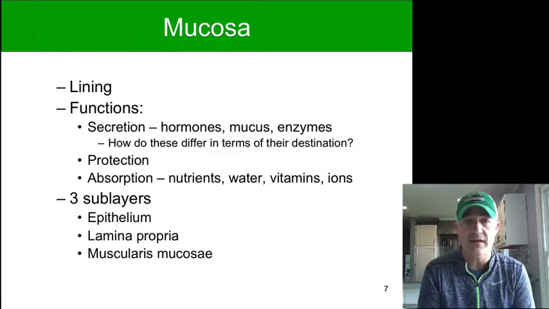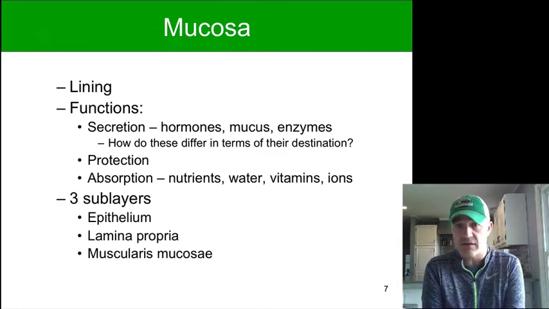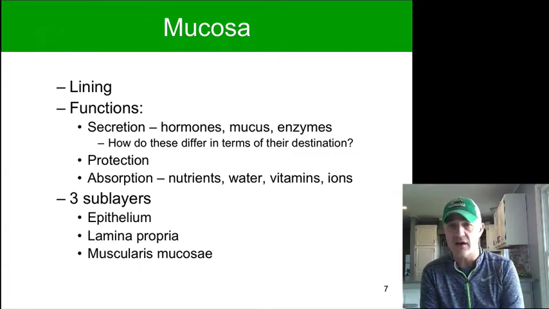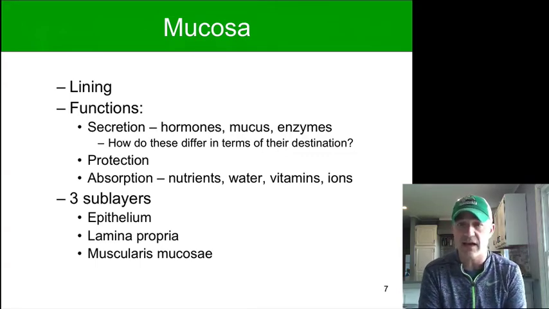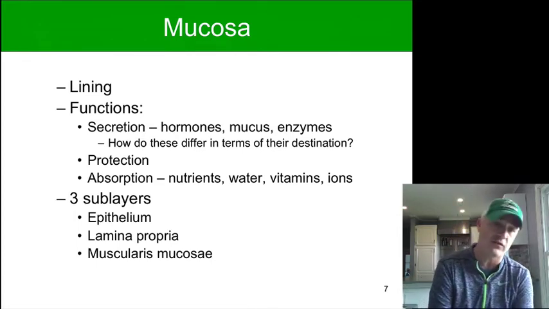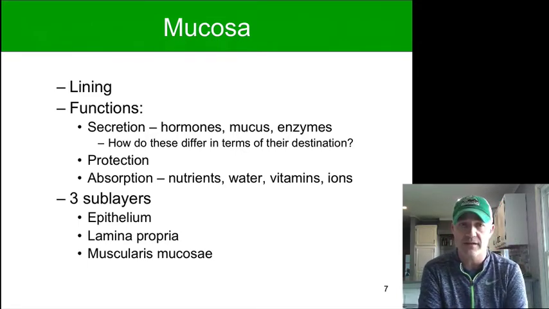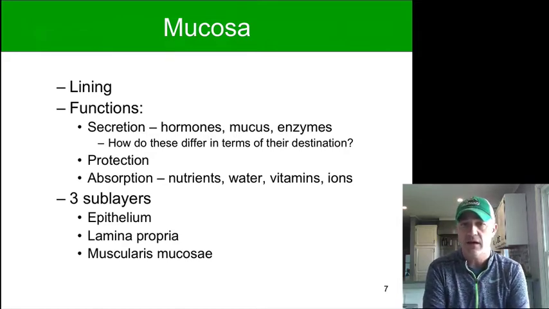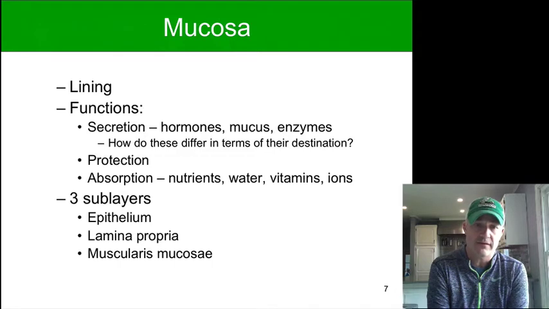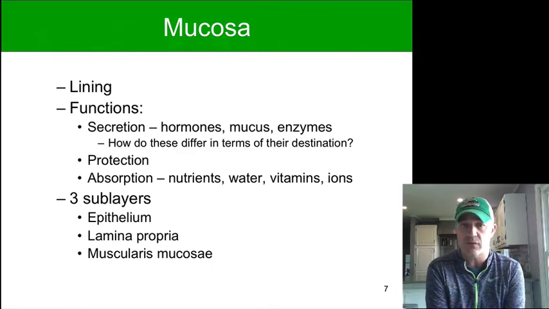So the mucosa, it is what's going to be interacting with the nutrients here, whatever you take in that bolus. It's involved in a lot of secretion of enzymes, sometimes hormones, definitely a lot of mucus. Mucosal lining, we'll see, tends to get more and more mucus the further we get towards the end of the digestive tract. It is protecting those inner layers from what we might have ingested, and is allowing us to really have the ability to absorb a lot of the stuff that we're ingesting. So nutrients, water, and other things that are going to be